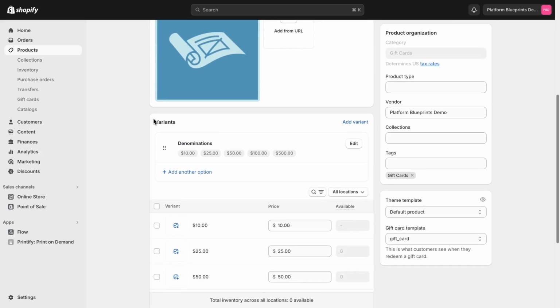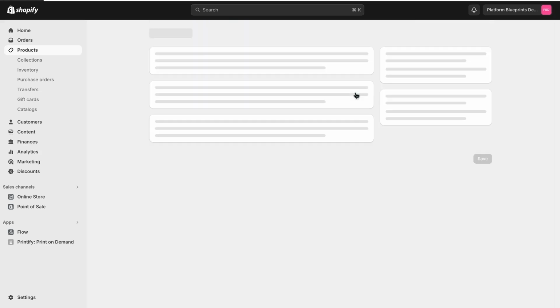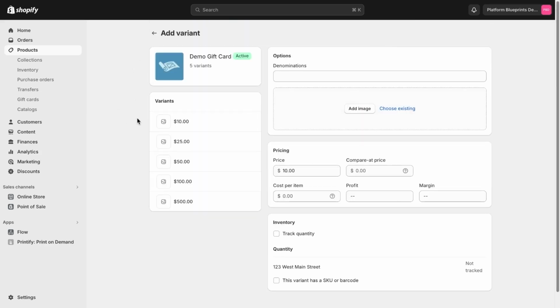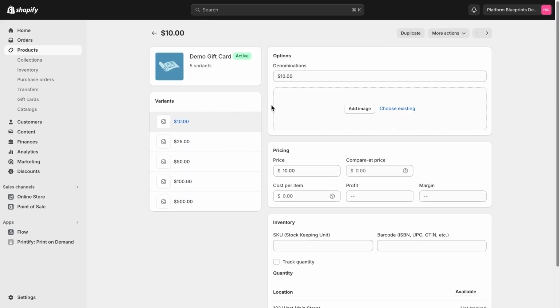We have the different variants that we have created for this, and say, for the purposes of this video, we wish to come in and add a variant. We could select Add Variant, and it would open up the different variants within our card, and we could create a new variant for this card. Or we could come in and edit the variant based on what edits we wanted to make,